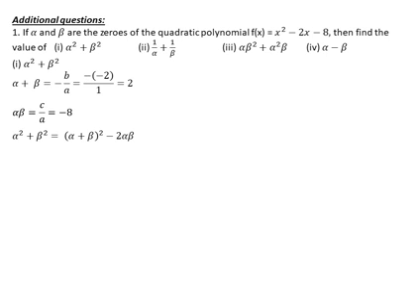Let me substitute the values. What is the alpha plus beta value? 2. So 2 whole square minus 2 of alpha beta value minus 8. So 2 square value is 4, minus 2 into minus 8, minus into minus gives plus 16. So 4 plus 16 is equal to 20. Therefore alpha square plus beta square is equal to 20.